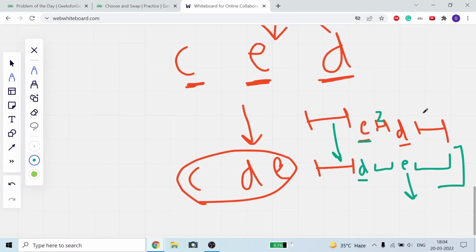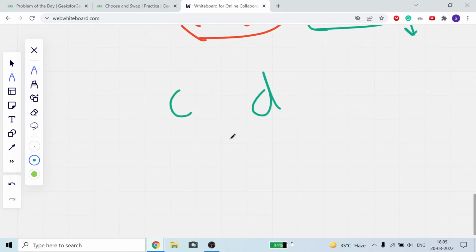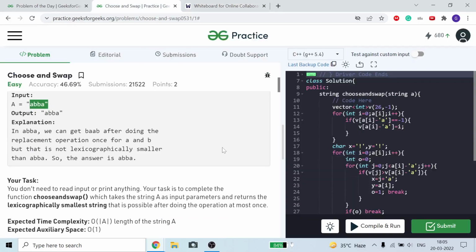Suppose here it is Z, here it is Y, here it is Z, here it is Y. Here suppose it is A. Because we cannot swap A with E, we will swap and get A D Z E Y, which is our minimum string. So what I want to say is we have to swap two characters c and d, but we can only swap them if d comes after c as well. We have to continue. This is our limitation.